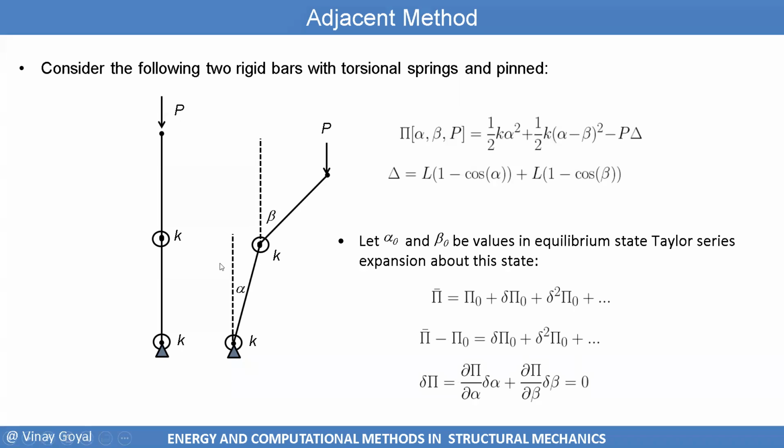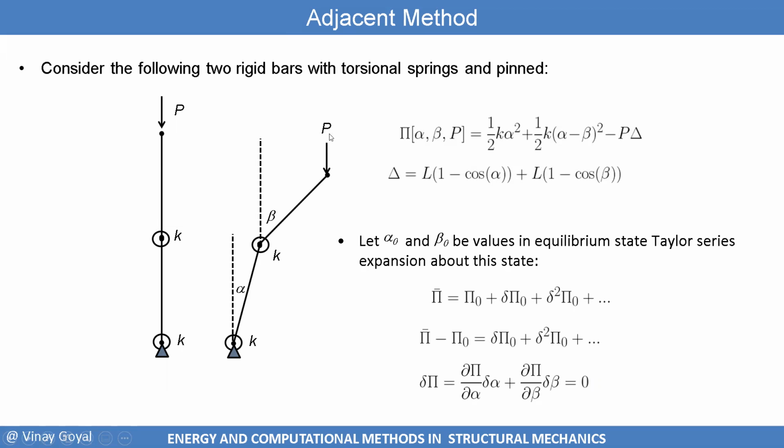So let's look at this example again and let's calculate pi, the energy. Now what you have here is a torsional spring, so it can rotate an amount alpha, it can rotate an amount beta there, and you have a load applied P here. And so the total energy is 1/2 K alpha squared here. This moves an amount alpha and this moves an amount beta, then this torsional spring is only looking at alpha minus beta or beta minus alpha. So 1/2 K alpha minus beta squared, and then this P